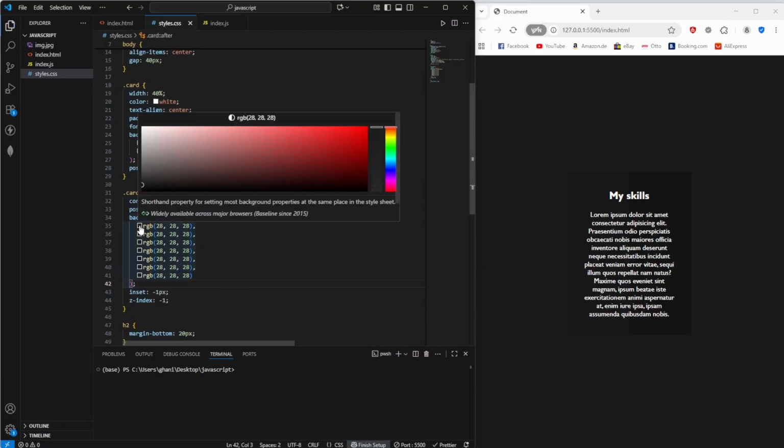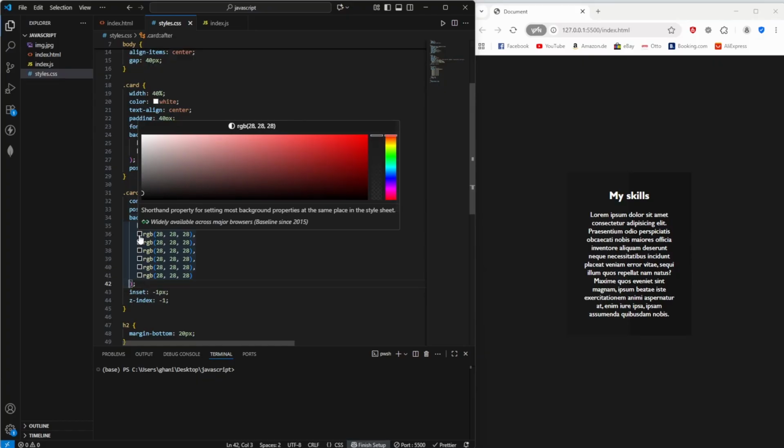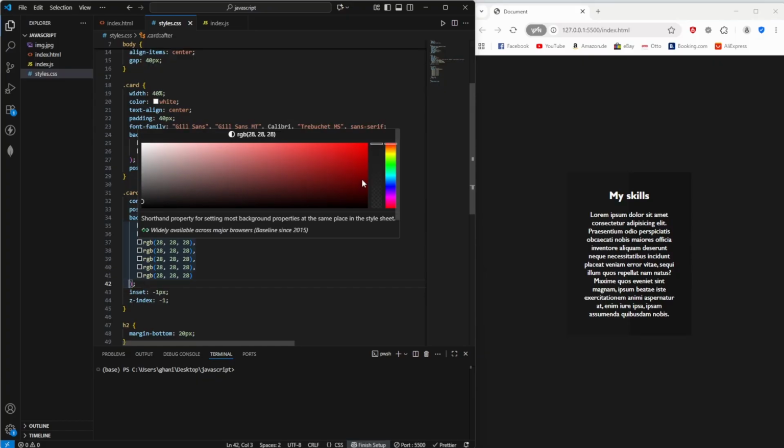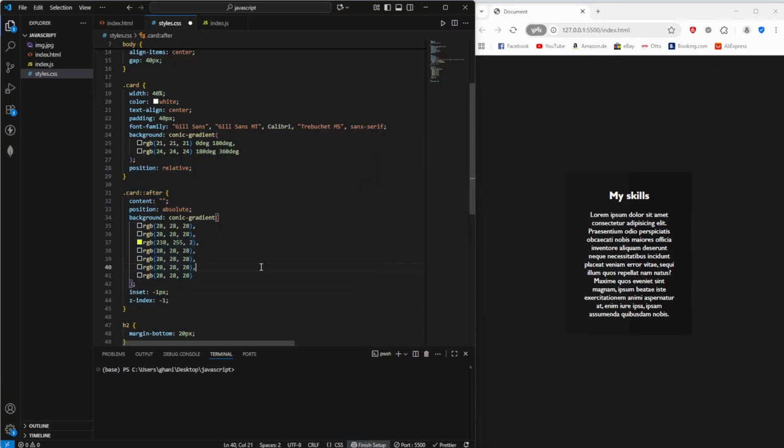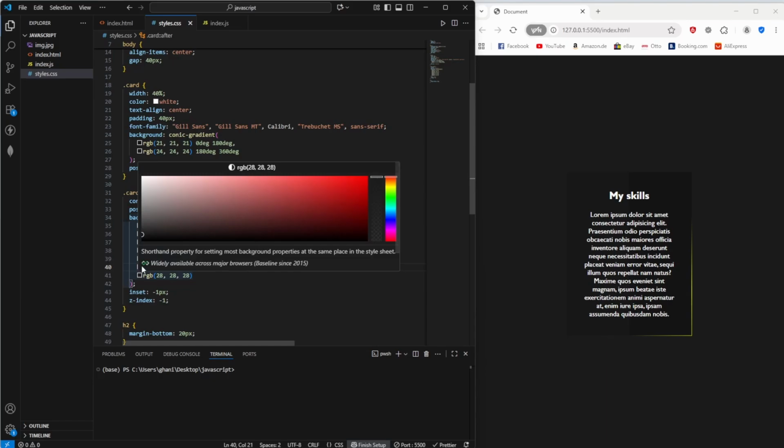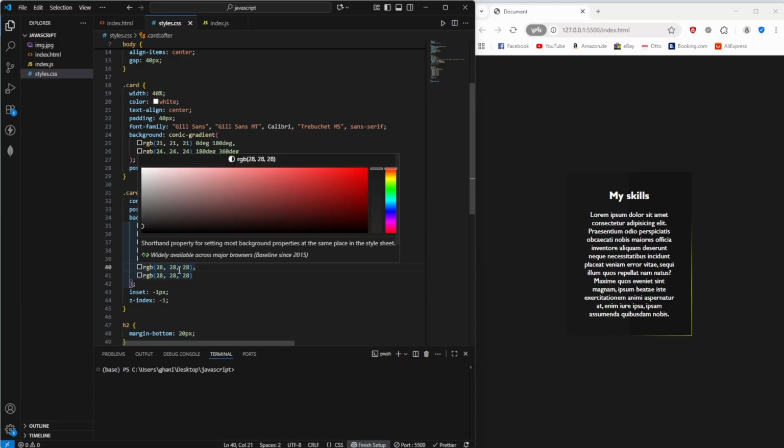So now we can say we want to have the background color here for maybe 2 parts of the gradient, and now for the third part we want to go to yellow, for example. And as you can see we now have this yellow border. Now we're going to have 2 parts of dark gray background again, and then we want to change to red,